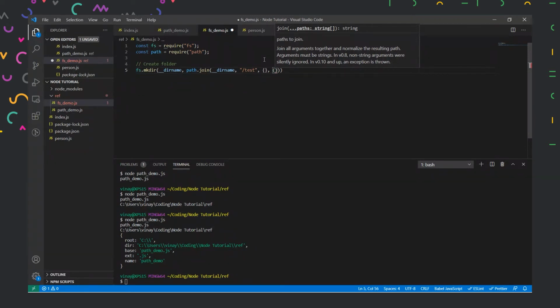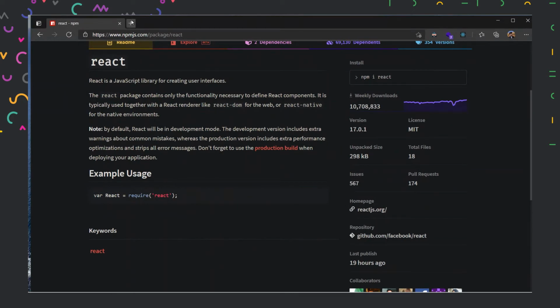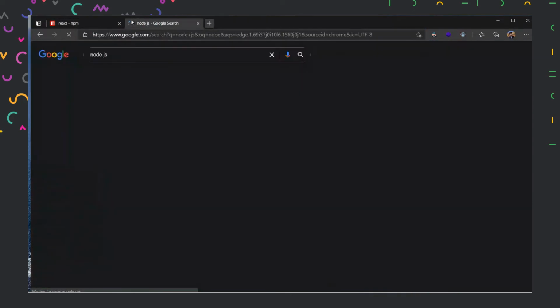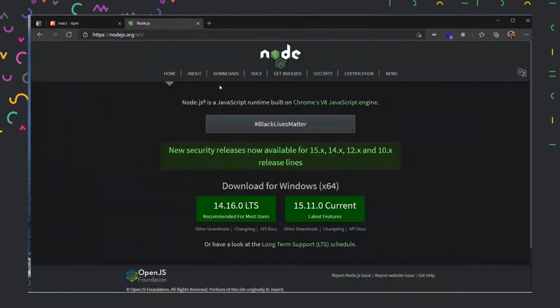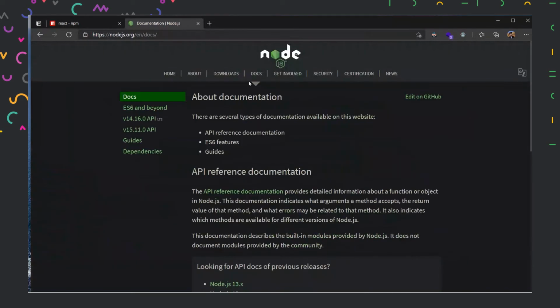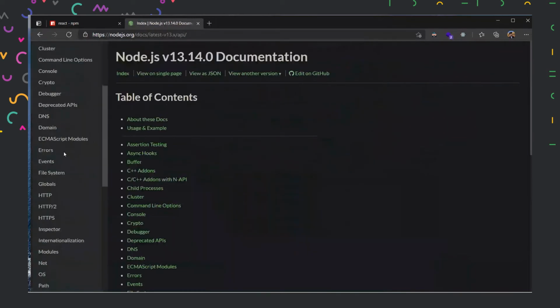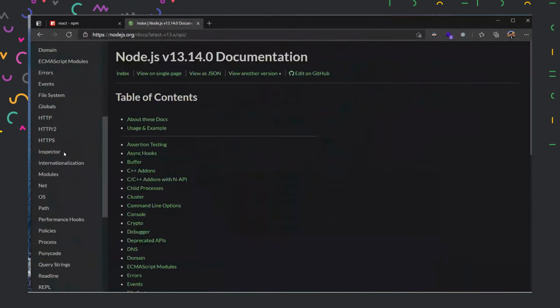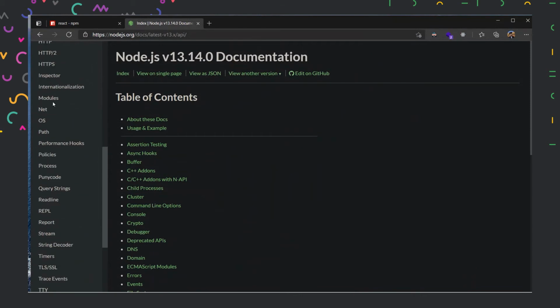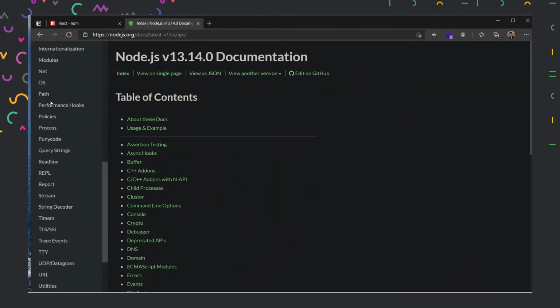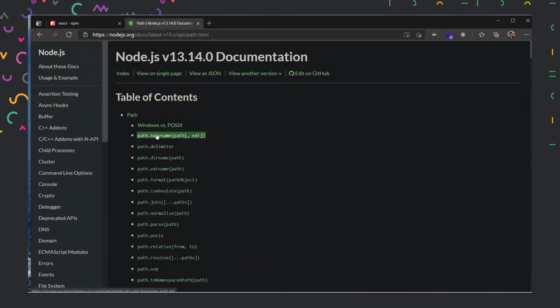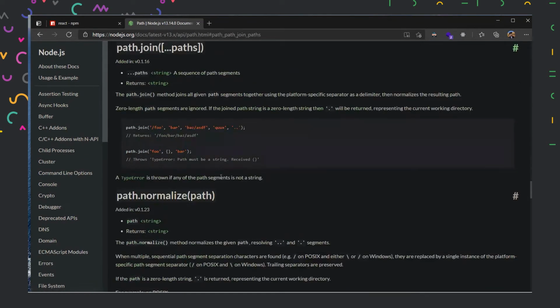So if I get you to the documentation of Node.js, here you can access all the documentations of Node.js. Inside this, we have all the functionality present. It explains everything, all the functions we have in Node.js, all the modules we have in Node.js, all of them are there. So inside this, let us access the path one. And inside this path one, I'll show you the join one. The join command basically takes all the parameters and then makes it into one path name.